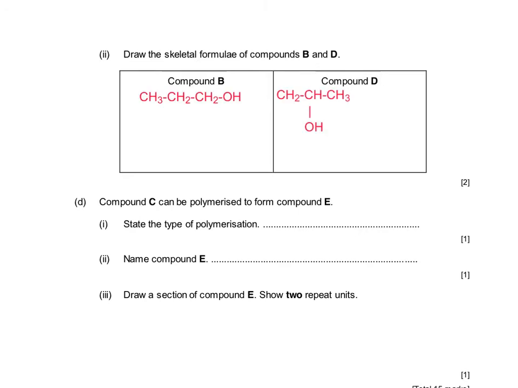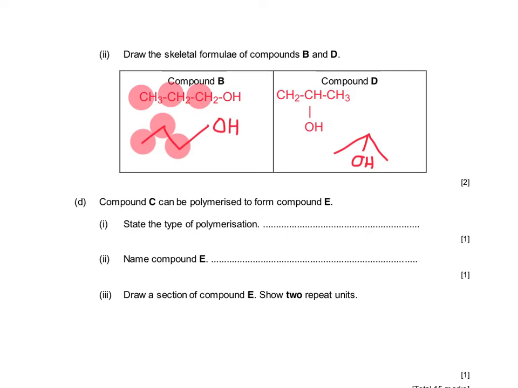So it's asking you to draw the skeletal formula of B and D. Obviously you can look at the previous page on your script to double check this. There's more than one way to draw these skeletal formulae. What you've got to check is, do you have the right number of carbons and do you represent the carbon-oxygen bond correctly? For example, the one on the left, I've highlighted the 3 carbons